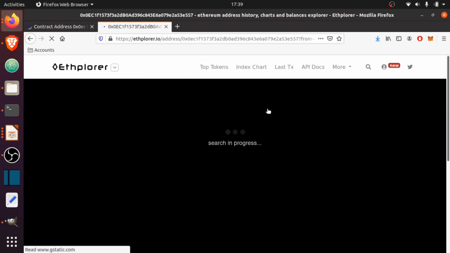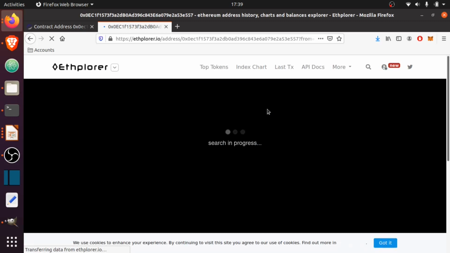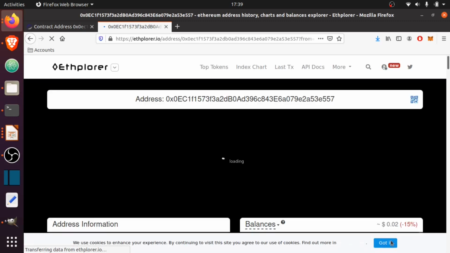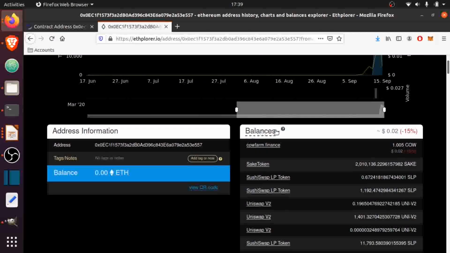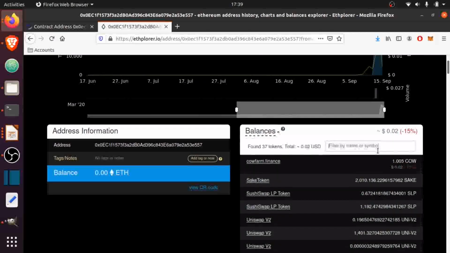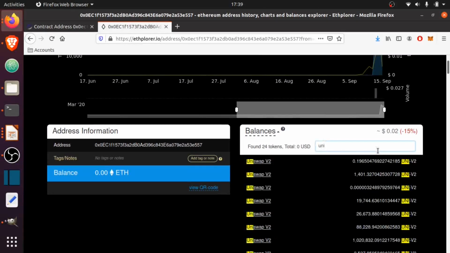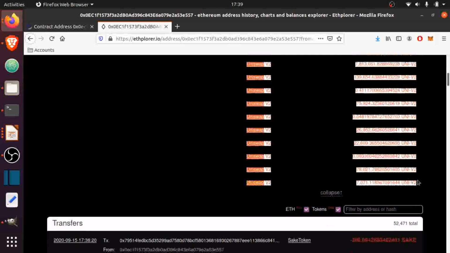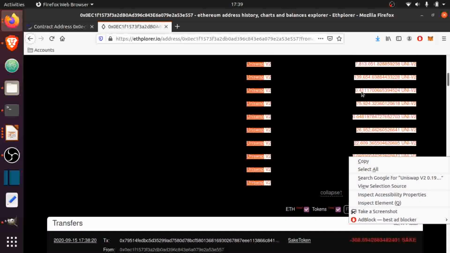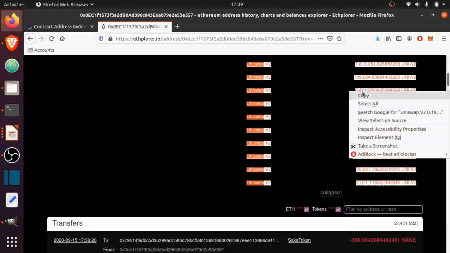And then from there we'll be able to have a different visualization of the tokens that are within this contract address. So you go straight down to balances, and then here you can filter the tokens. So we're going to chuck in Uniswap, because at the moment Uniswap is the only liquidity pool you can earn the reward on. So it's not very Web 3.0,